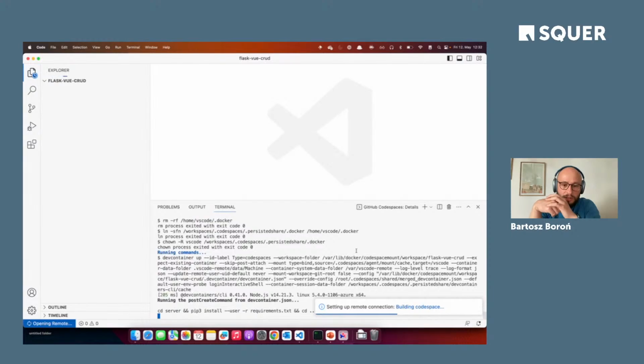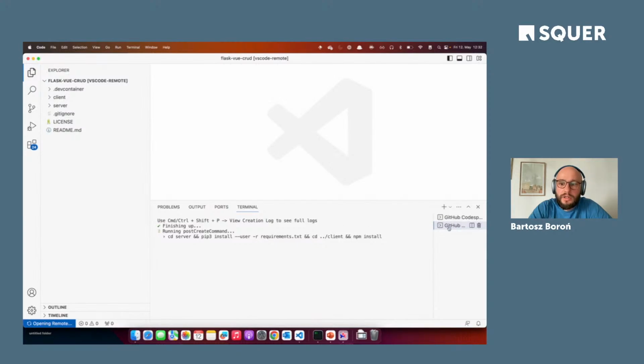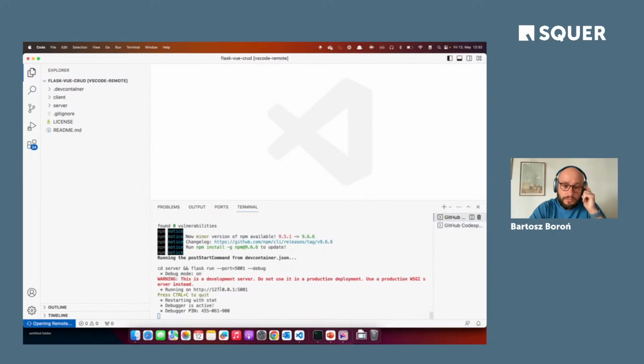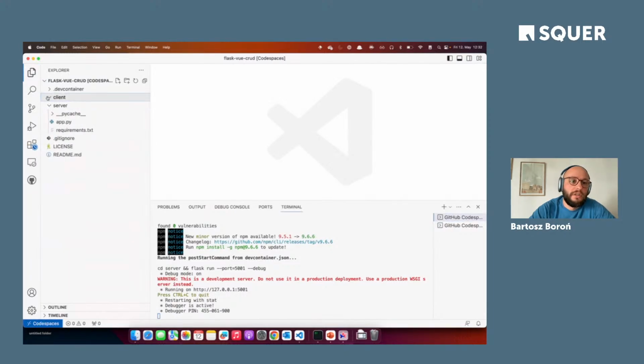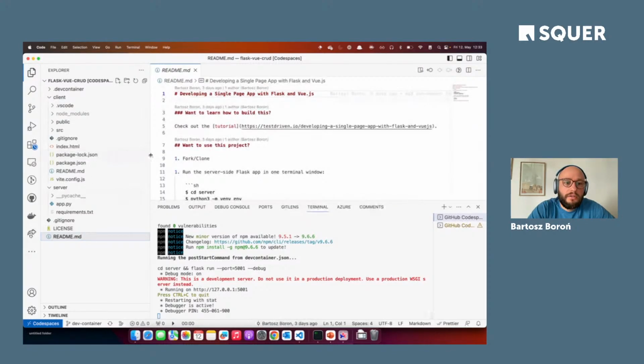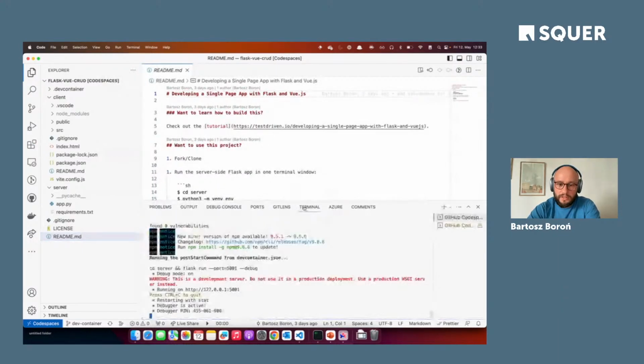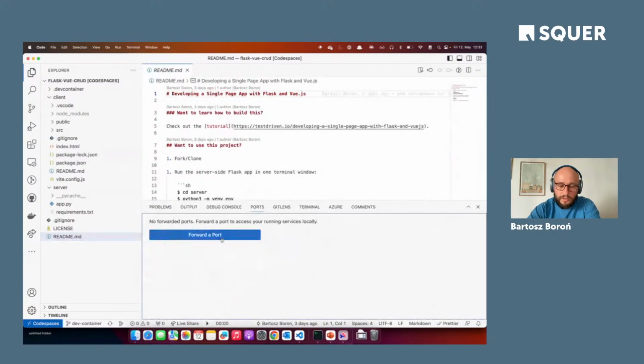I think it's now done. Yeah, we're running the post create command. So our backend app is already being initialized. You can see it here. There is something already running. I see the code like previously. This is not something I have locally. It's really coming from the VM in the cloud. I don't have a port. Should have. I think the application is already started. I can add it manually as well.